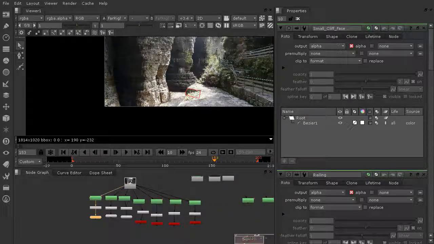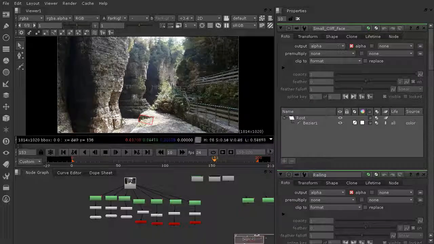Okay, so now we've got all our 3D nodes set up. We're ready to kind of take a look at this in 3D space and start adjusting the positioning of all of those things. So let's go ahead and jump to our next lesson where we'll be adjusting the positioning of all these 3D objects that have our textures that have been